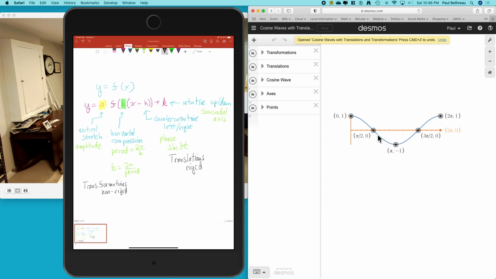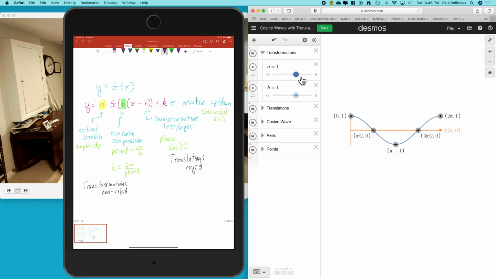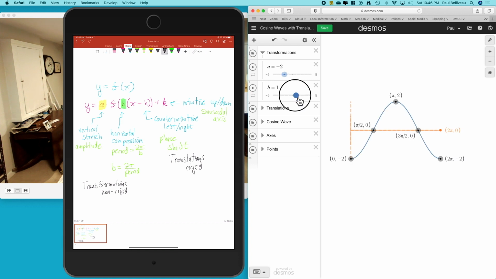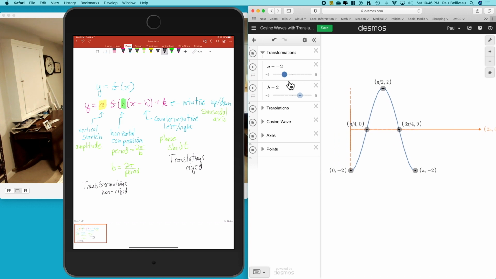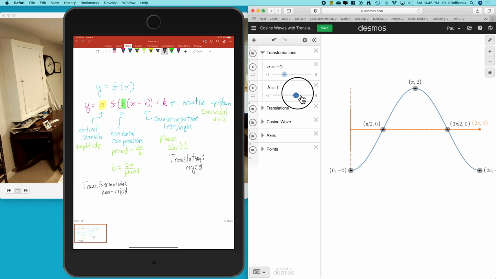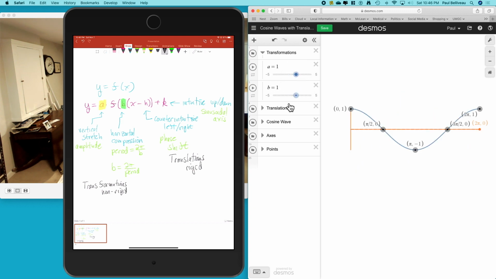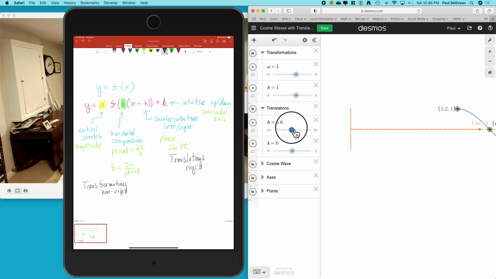If for whatever reason the parent function of a cosine wave is not what you want to use to model your data, well then you can stretch it, and you can flip it over so it looks more like a Liberty Bell, and you can compress it so that in the case of this upside down cosine wave, it's bottom, middle, up, middle, bottom motion, when it gets to pi instead of 2 pi. And you can take your cosine wave, let's go back to the parent function, and you can move it left to right,